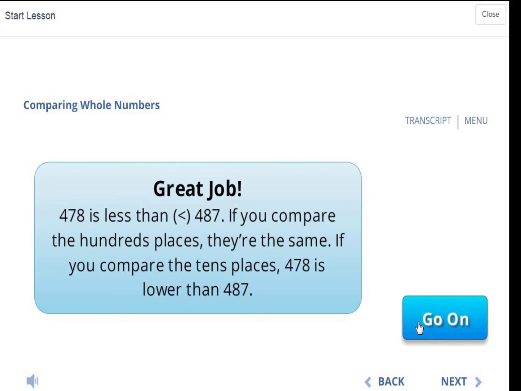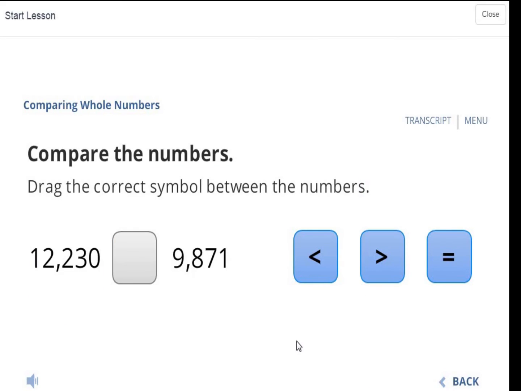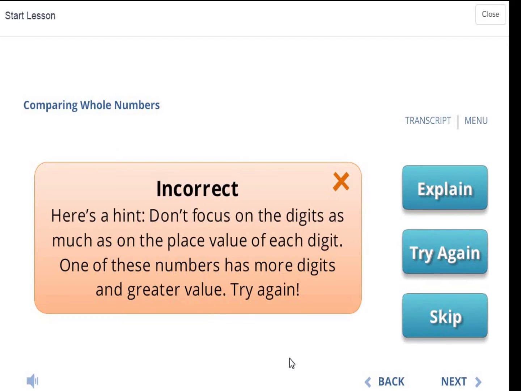Notice an explanation is also given when you have done your assignment. You can click Go On. Try comparing these two numbers. Check to see if they have the same number of digits. I'm going to make this one a wrong answer so you could see what happens. Here's a hint. Don't focus on the digits as much as the place value of each digit. One of these numbers has more digits and greater value. Try again. So notice if you get your answer incorrect, an explanation can also be given as to explain